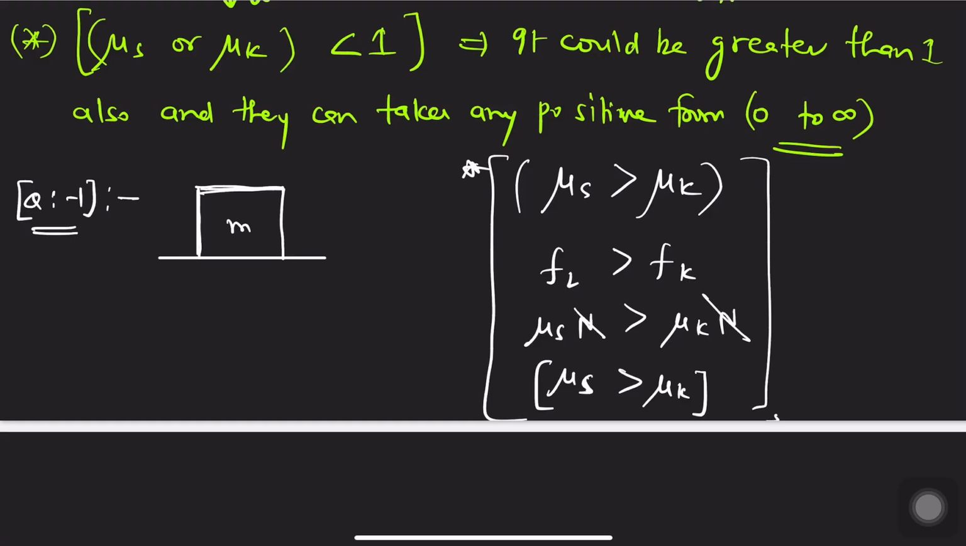So now my question to you is that there is a block of mass m, let's take 1 kg. Between the surfaces, mu s is given 0.4, and mu k is given 0.2. Here a 3 Newton force is applied in this direction. My question to you is, find out